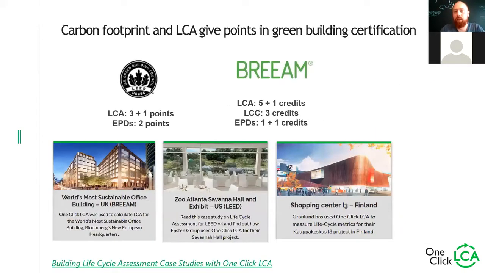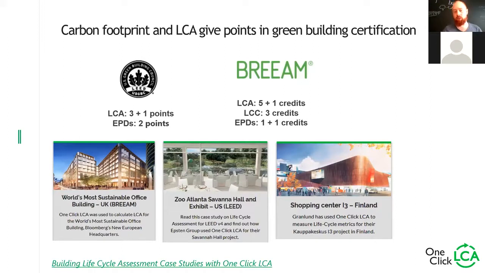Of course, very common is to do a carbon footprint or LCA in certifications. And as we covered this already before, LEED and BREEAM are very popular ones around the world. If you check later on the link, which is there below, or you navigate to our website and search for case studies, you'll find different types of case studies which have been done with our software, which have